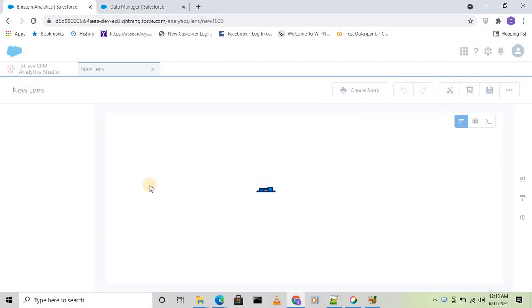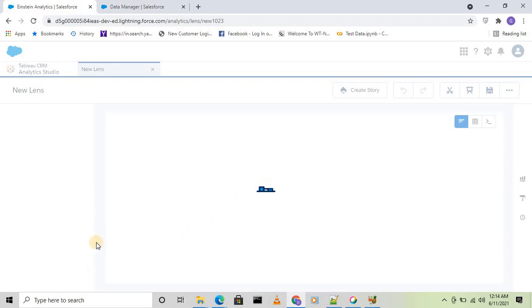Now you can see it is taking time to load. It is loading the data set. Sometimes what happens, if you have created a data set and you have not used it for a long time, it will take some time to load. Sometimes it will also throw an error because it is not able to fetch that data set. I created this data set a long time ago, so I don't know if it will fetch properly or not, else I'll use another data set.